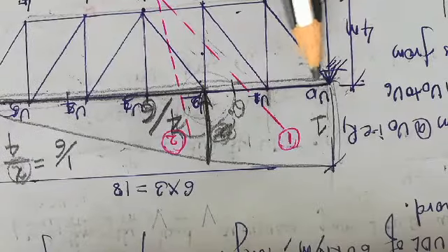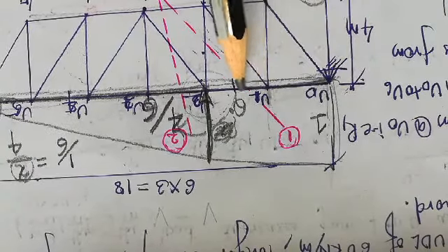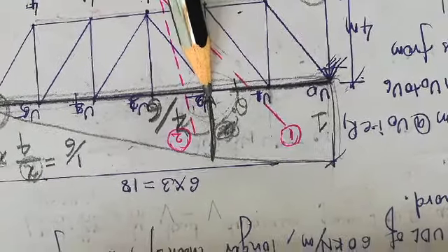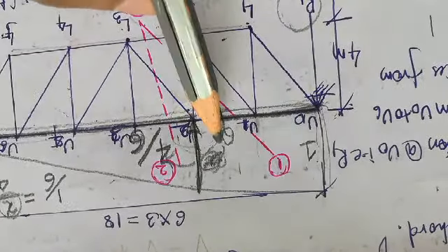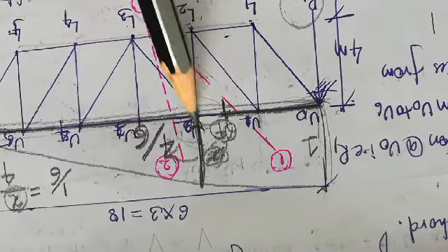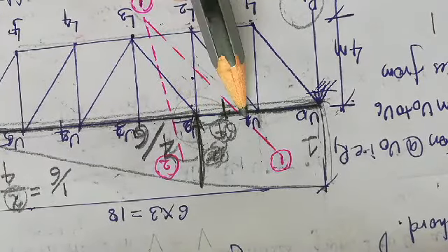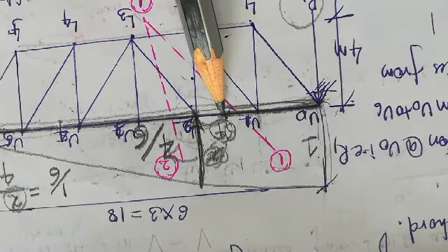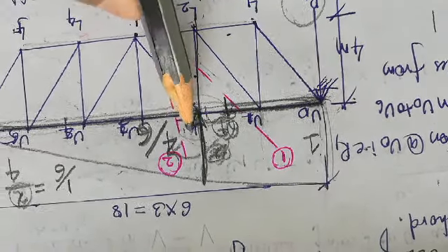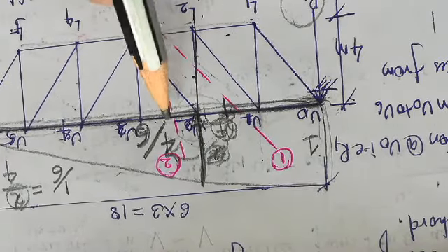Now see here, until the load is somewhere at point Q, while the load occupies the section from U0 to Q, U2 L2 will experience positive force. When the load, or the vehicle, just crosses this Q point, the forces developed in U2 L2 will be negative.